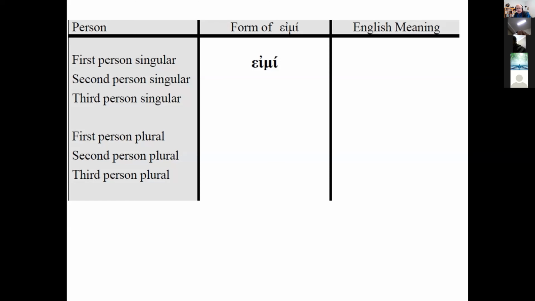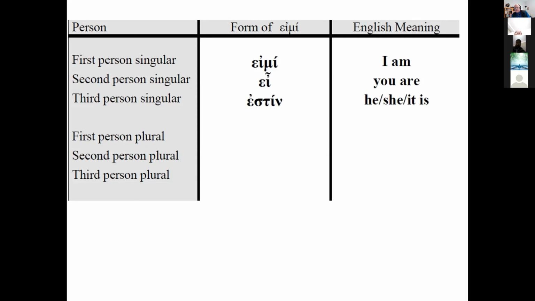His name. The verb I am, eimi. There are some verbs that end in mi. They're called mi verbs, mu, iota. So we call them mi verbs, and this is the first one we learn. Eimi, I am; ei, you are; and estin, he, she, it is. We've already met estin before, so we know it, but we should learn the whole